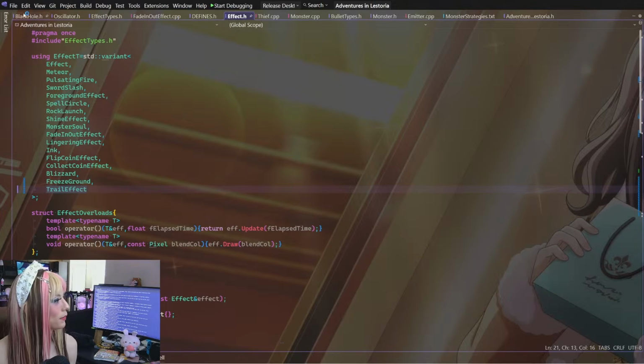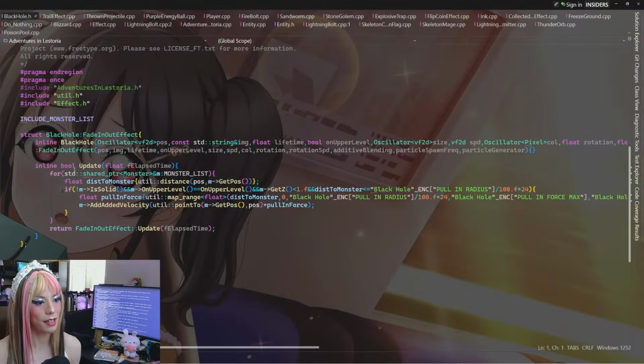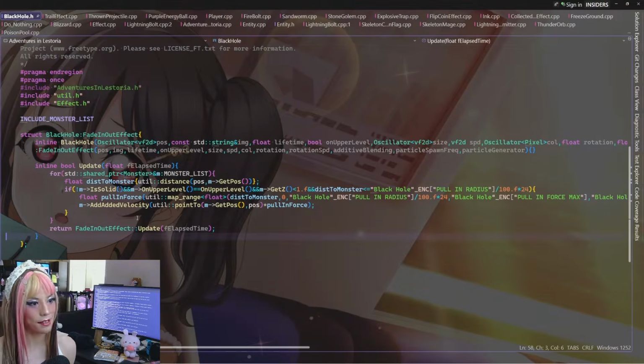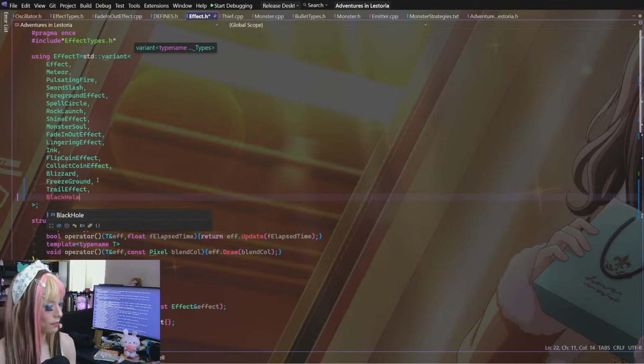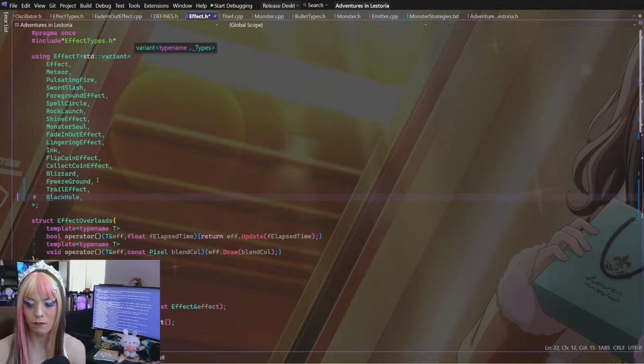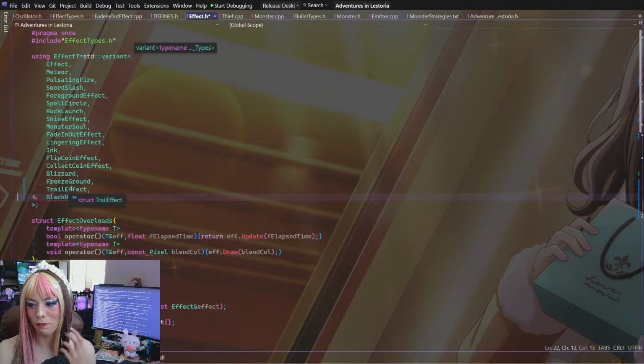So, for example, here's blackhole.h, which originally contained these two inlined. We're going to break that up a little. Because essentially what's going to happen is the black hole doesn't exist as an effect type to be added to the variant, and so we need to add it. But by adding it here, it's currently undefined, or it might be forward declared.